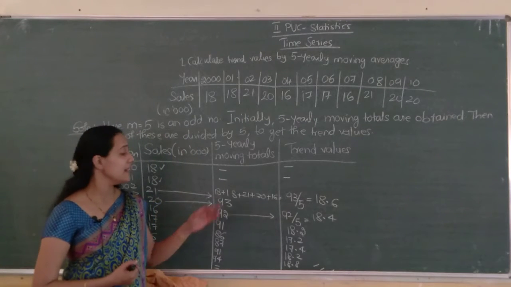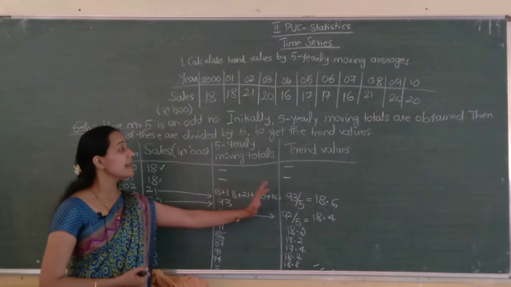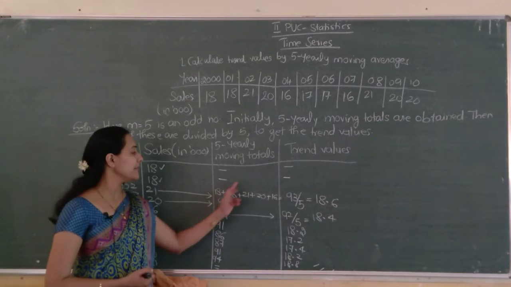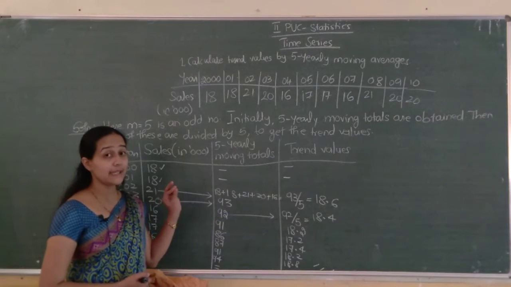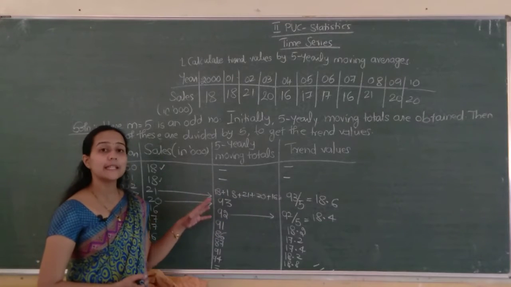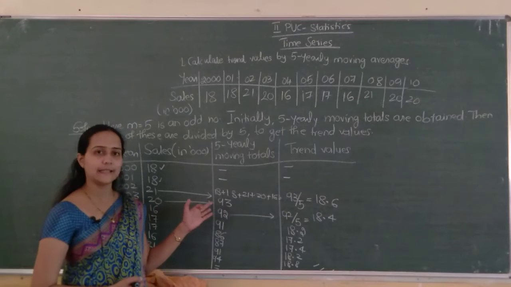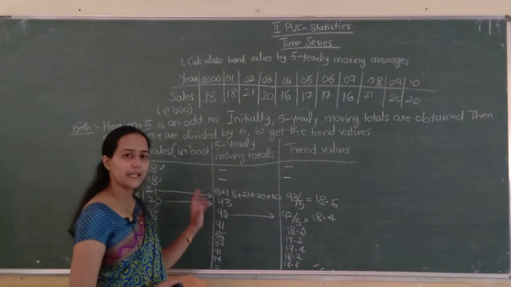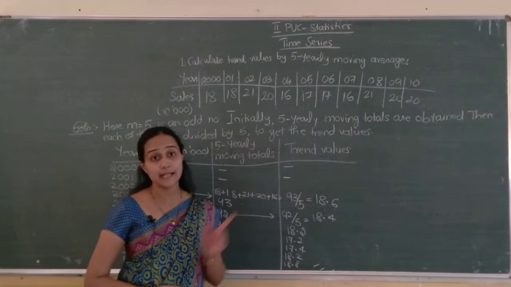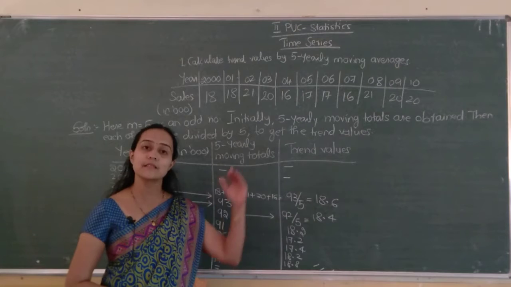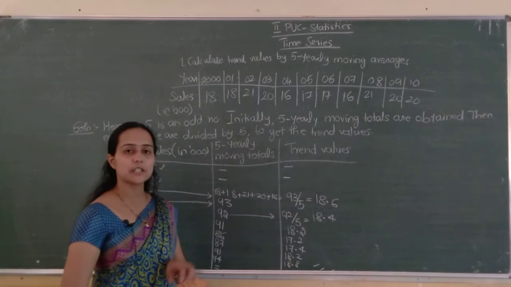What we did is we found five moving totals right in the middlemost. The last column is found by taking the average, that is this total divided by 5. 5 yearly is divided by 5, 7 yearly is divided by 7, 3 yearly is divided by 3. Clear? So if 5 yearly, the first 2 and last 2 won't be there; 3 yearly means first 1 and last 1 won't be there; 7 yearly means first 3 and last 3 won't be there. Clear this much? Yes.